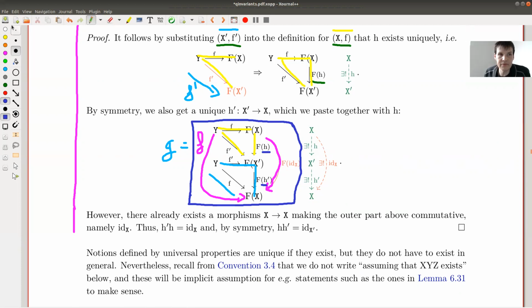Don't worry, just read the argument once more. It's not so hard. So let's say it again. You have two universal properties and you paste them together. And because there is this uniqueness built in, everything will be forced in the end to be equal to the identity. And that's usually very good because it tells you that something is invertible. That's all that happens.